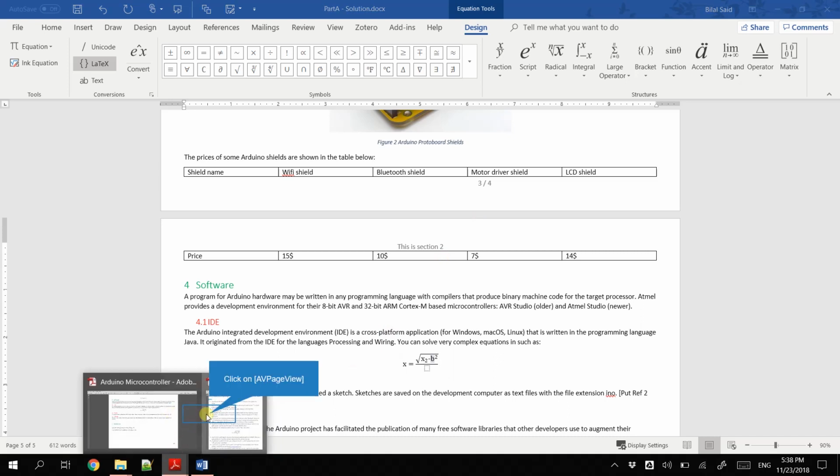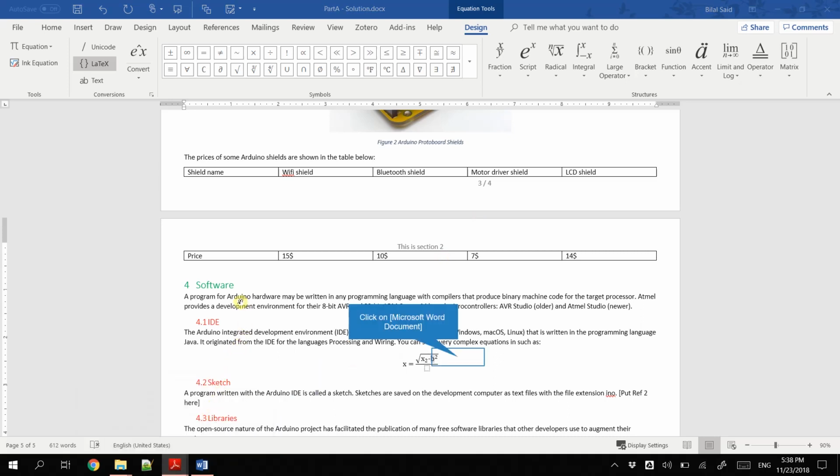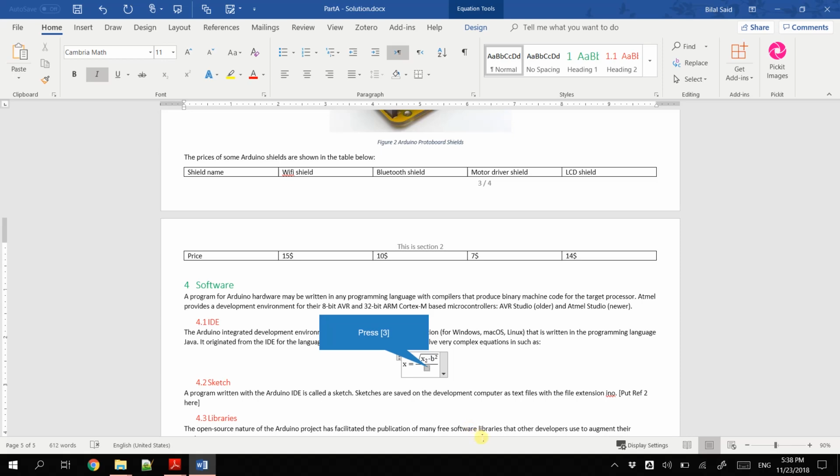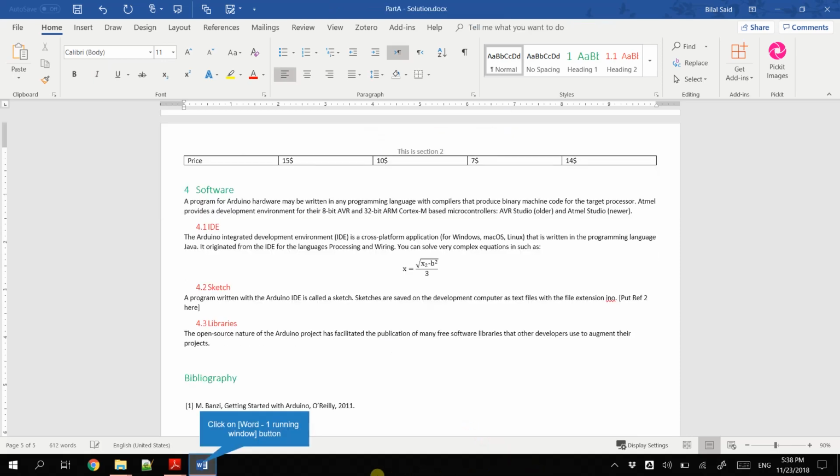Let me check the equation once again. Yeah, and the denominator is 3, so perfect. Now I have inserted